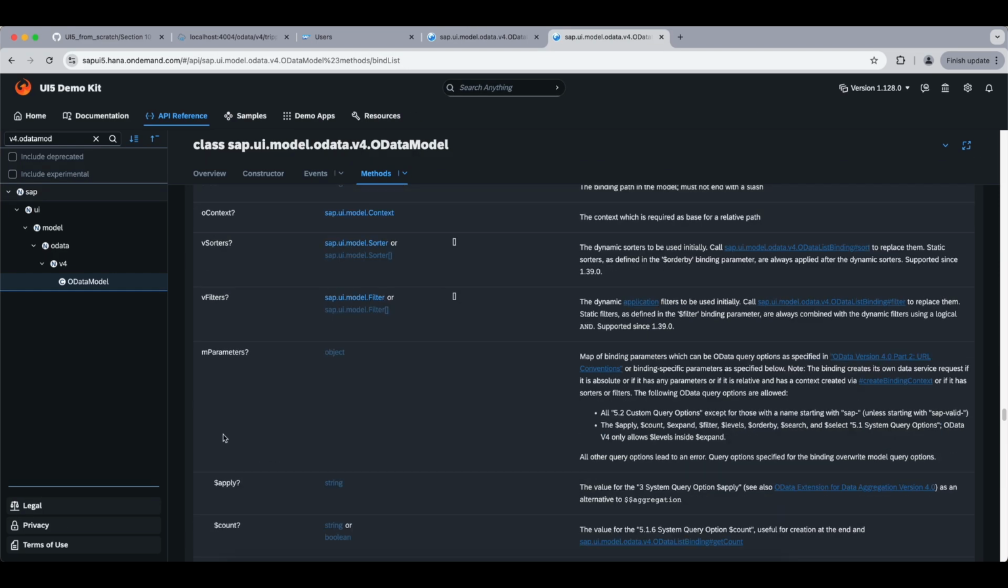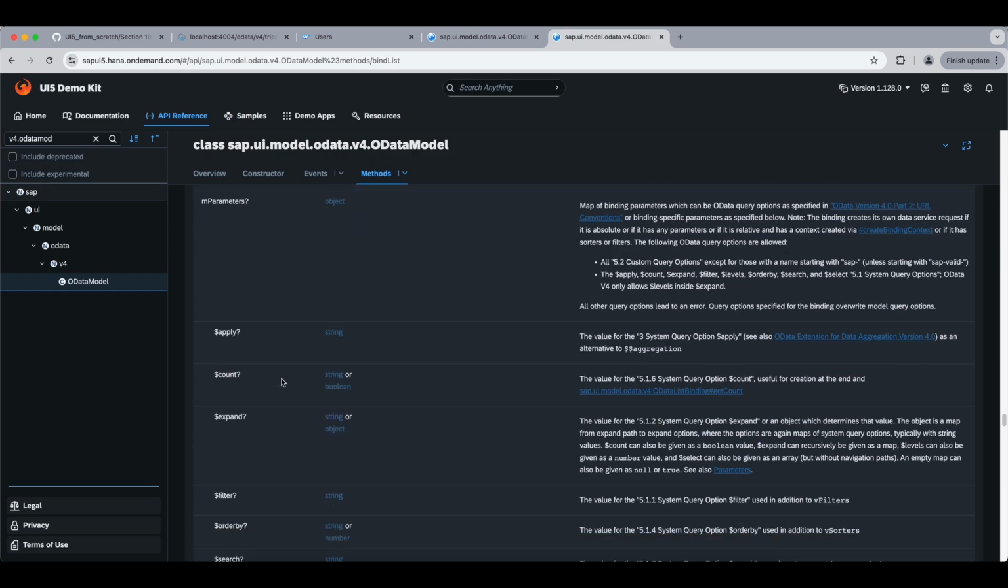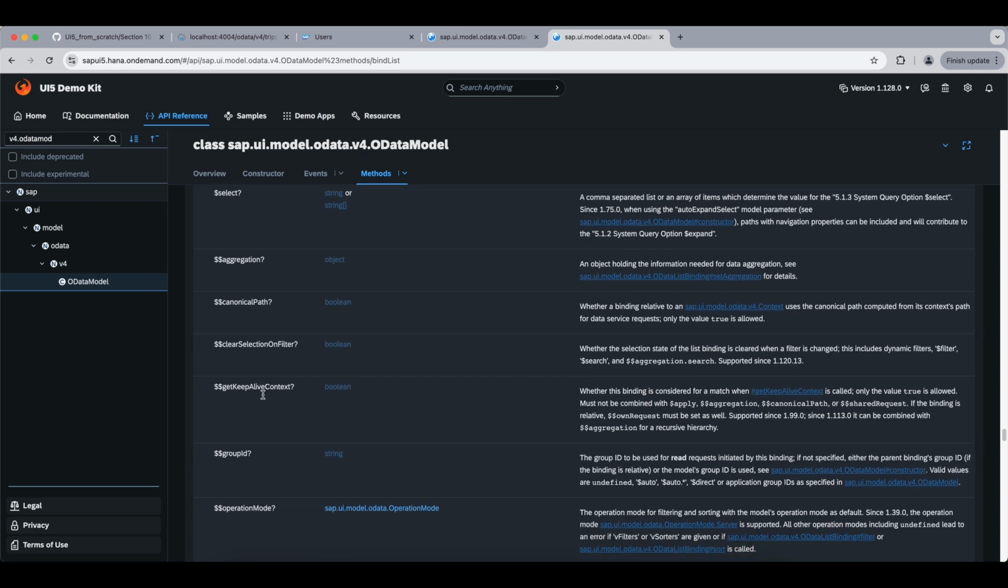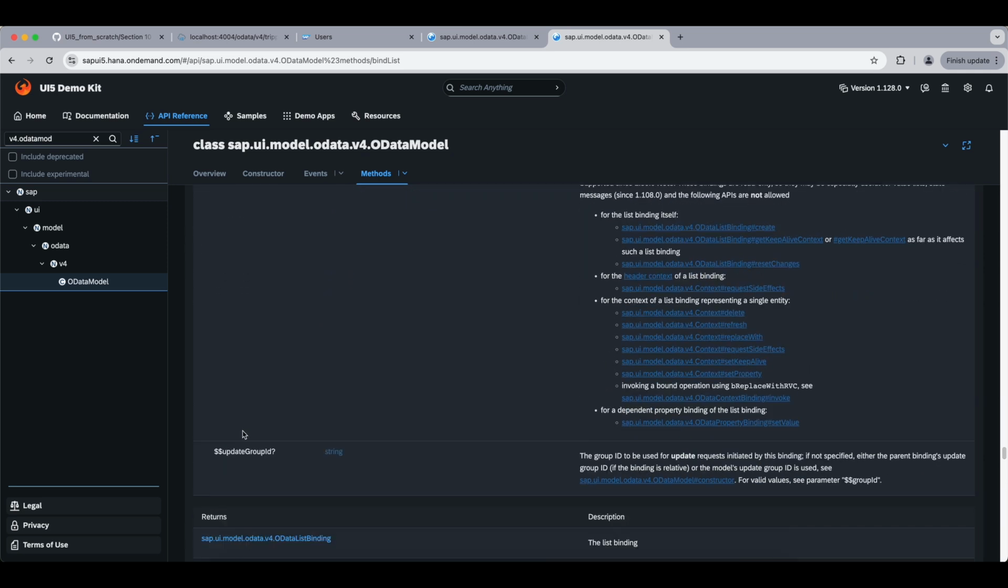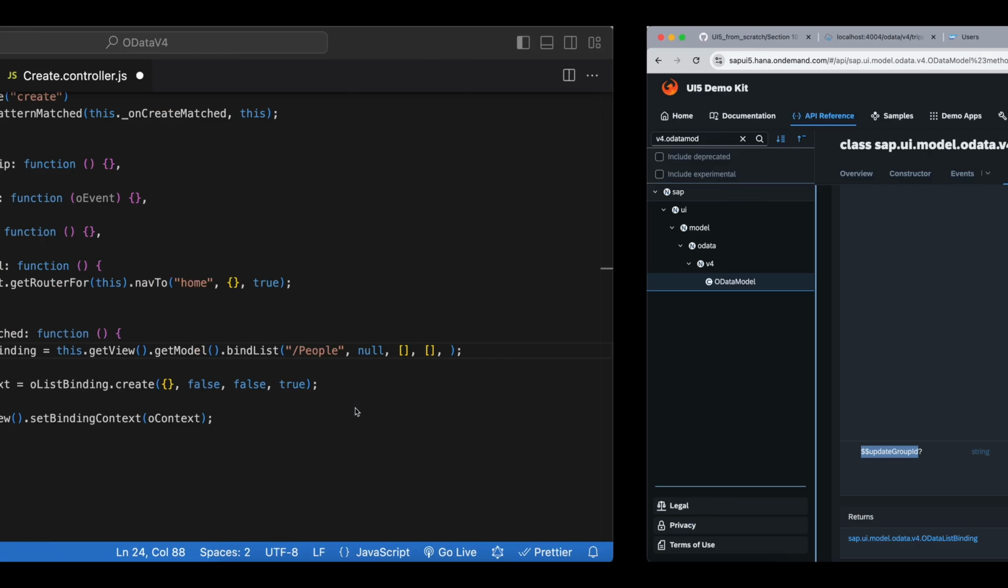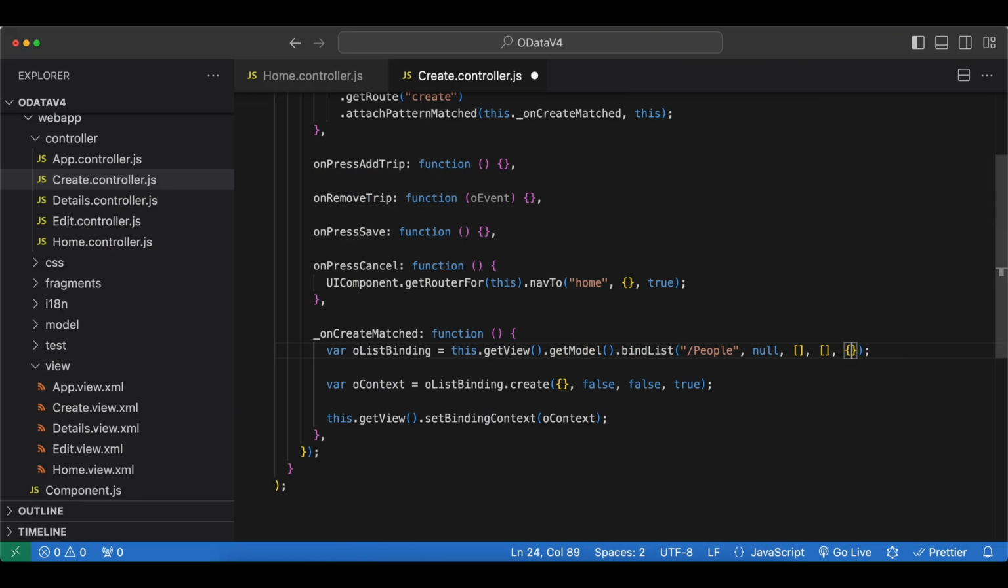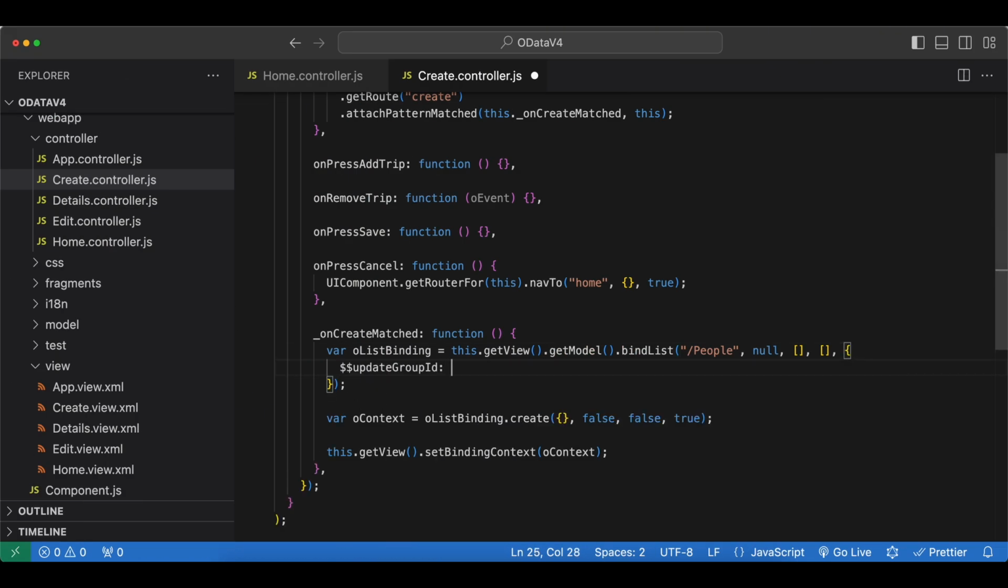And lastly, we have this parameters map. And in here we have, let's see, $, and it should be named update group ID. So let's copy this and we create a map and we set this to, let's say, update. Now if we save